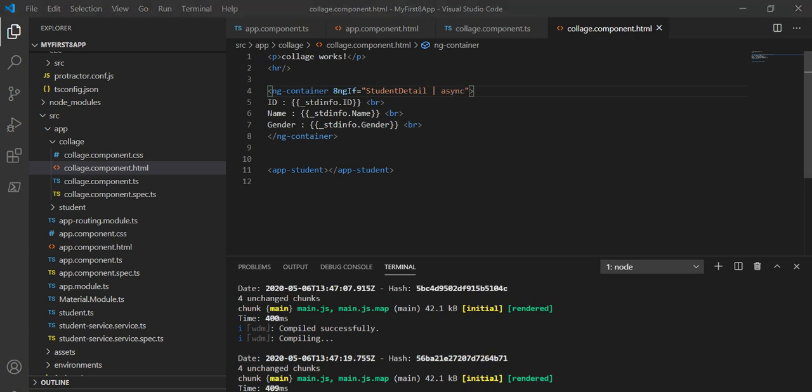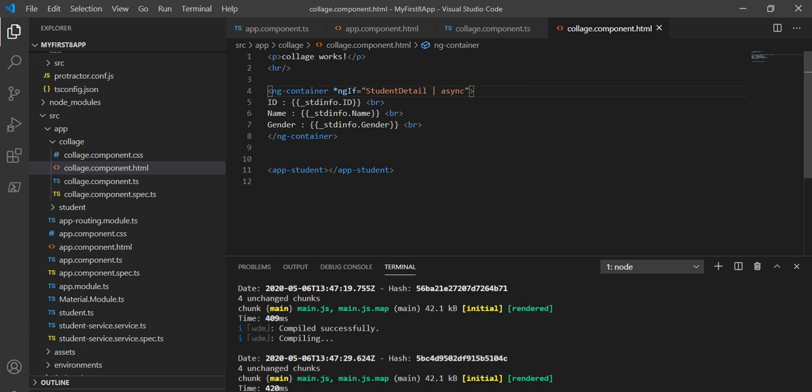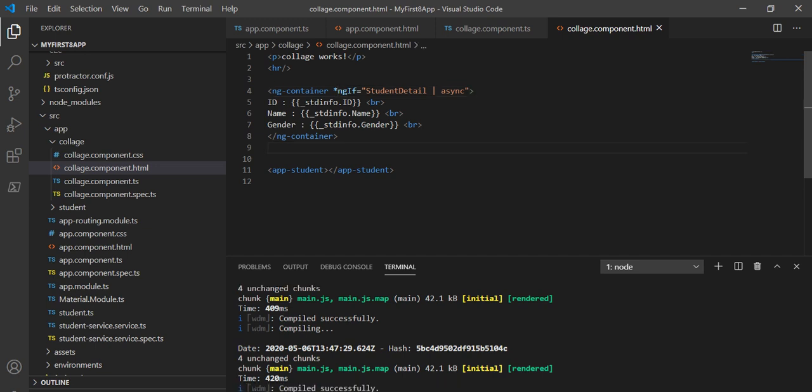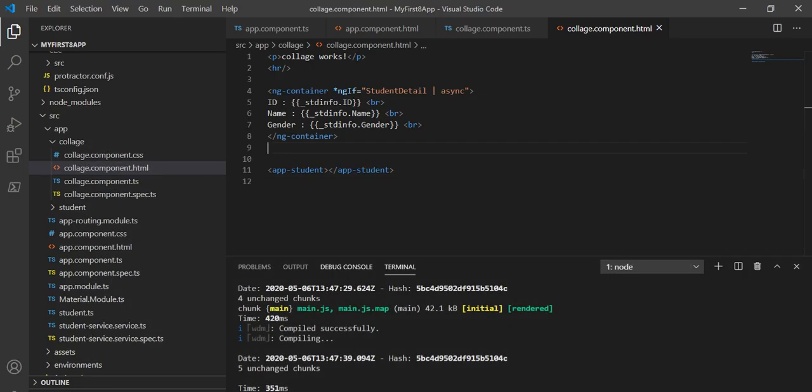So basically what we are doing, we are using the ngIf. So here some mismatch. So star ngIf, and we are using the async here, and we are taking this information inside the async. So now let's save it and see in the browser. So it's loading. When I click on this button, we can see the information is changing. So that is basically one more technique to overcome the performance issue in Angular 8.